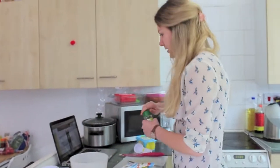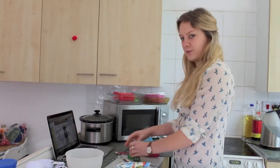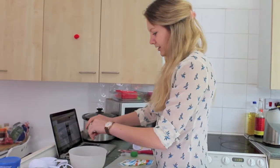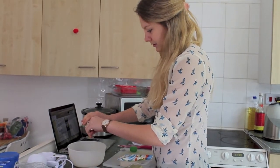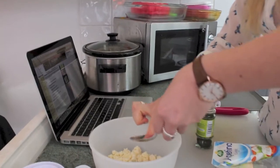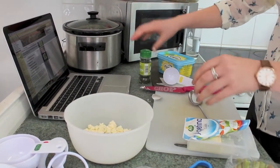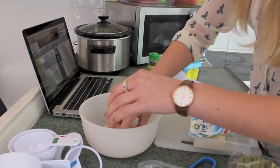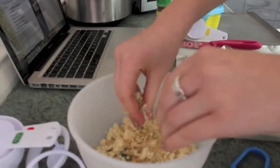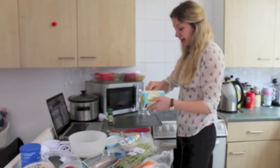Then we need potatoes. Well, you may not have fresh, but I can find any fresh then. So, okay, this is good. I'm just going to put a small amount in. Mix it all together, combine, lightly grease my